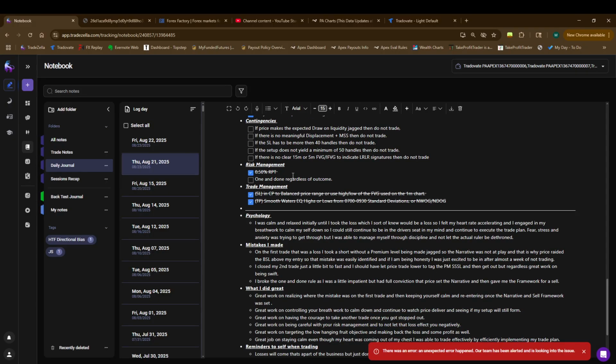And then just always use a 0.50% risk per trade, one and done regardless. That's the single rule that I broke on this trade plan right here on Thursday, which was just taking the initial loss and then being completely done for the day. That's one thing I messed up on, because the setup could have just not gone my way, and I could have been 100% wrong, and I would have activated